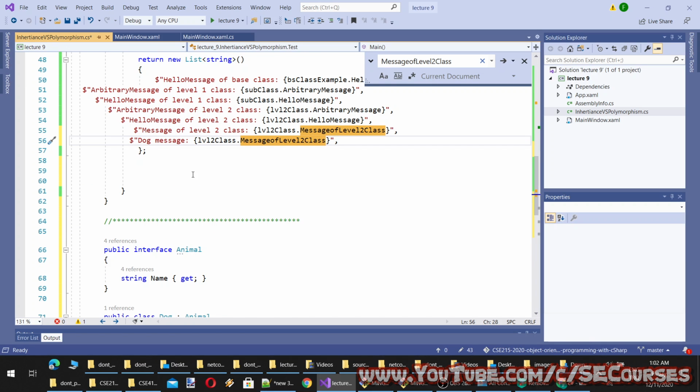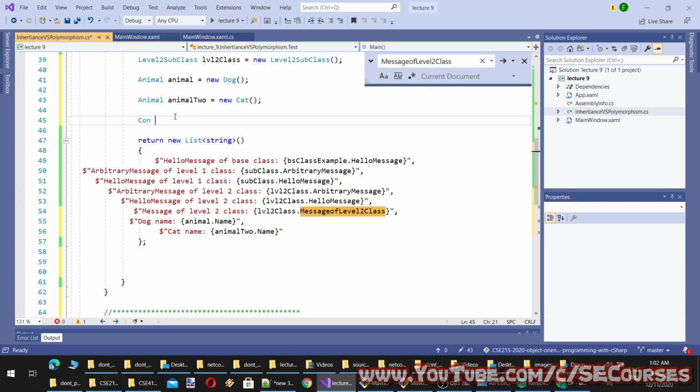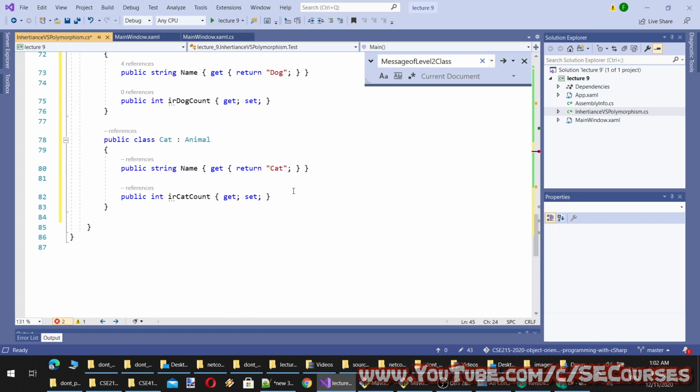Okay, so, or let's say dog name. And cat name. Okay, and let's see what other properties are available. Okay, you see only the name is available